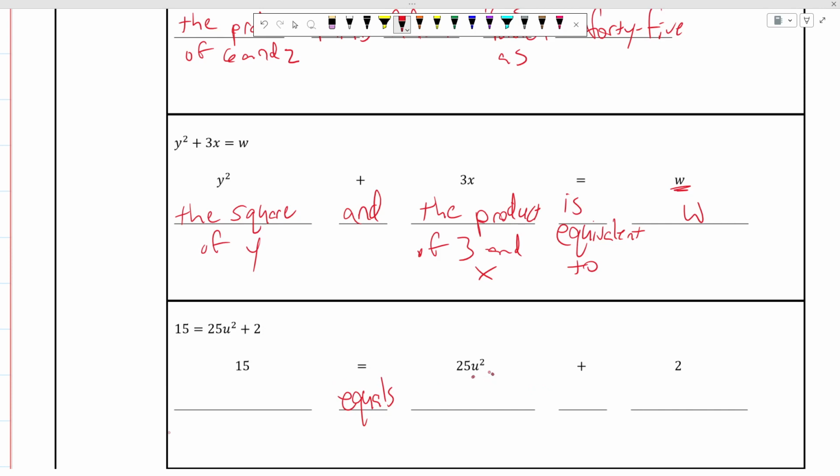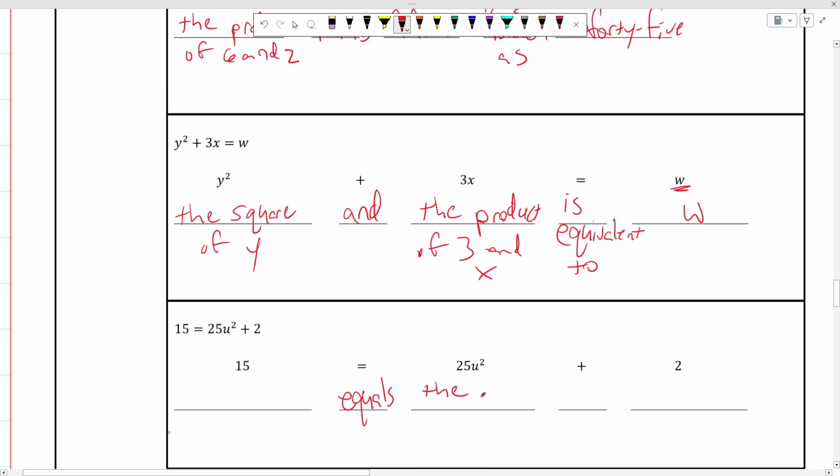Let's see here. Oh, here's my variable right here. Okay, this one here, let's see. I could see it written as 25 times u squared. That could be one way. U squared. I could also see it represented as